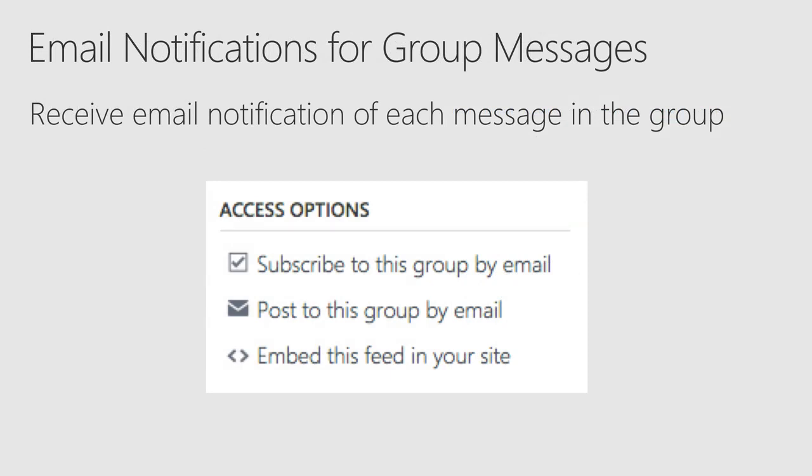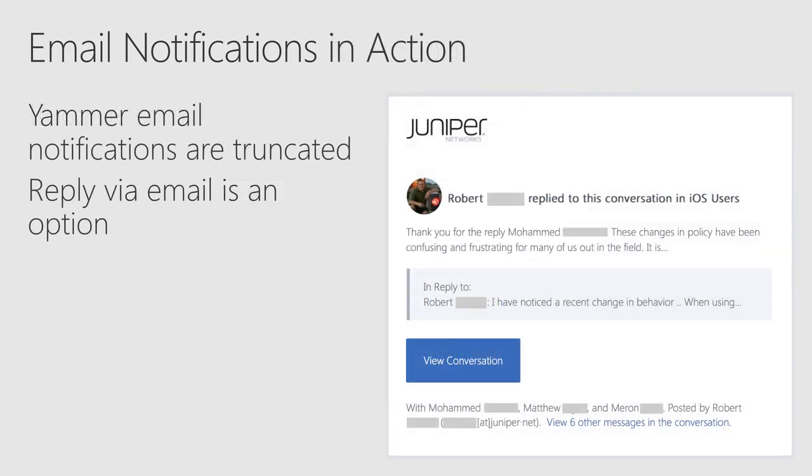So this is what those of us who have been engaged with Yammer for many years have been doing. And like I said, this new mobile feature just came out for Android, coming soon to iOS. Maybe I don't need to do this, but for people who want to choose, they certainly can. Click the little checkbox on your group, and you'll receive email notifications every time there's a message in that group. And they're nicely formatted, branded.